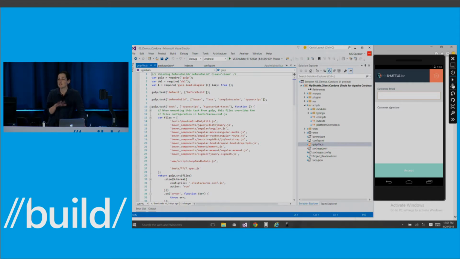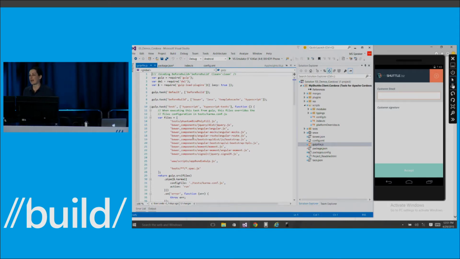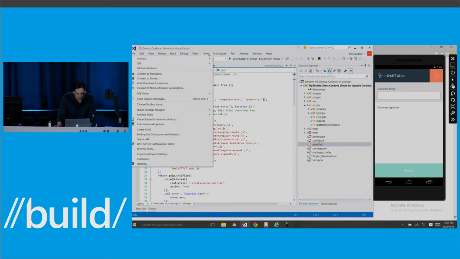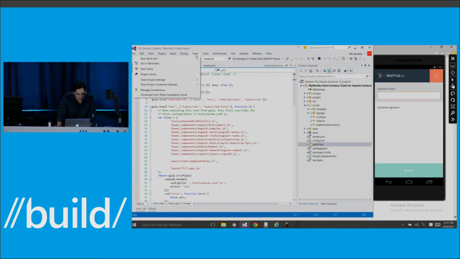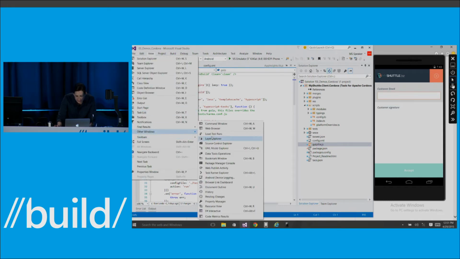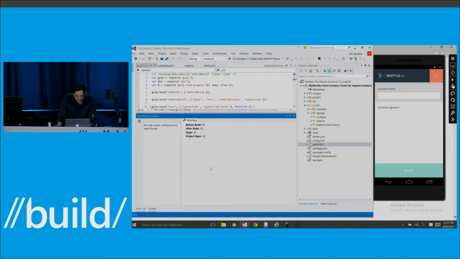So I can actually use a gulp file and Bower to get the latest packages that I have a dependency on in my Cordova application. And in fact, I can even go to the task runner. So if I go to Tools, let's see, View. If I go to Other Windows, I can actually see the Task Runner Explorer. And you can see that this is bound.